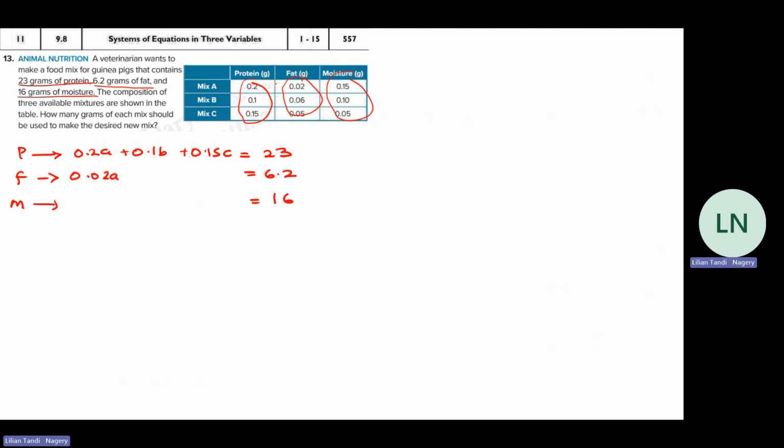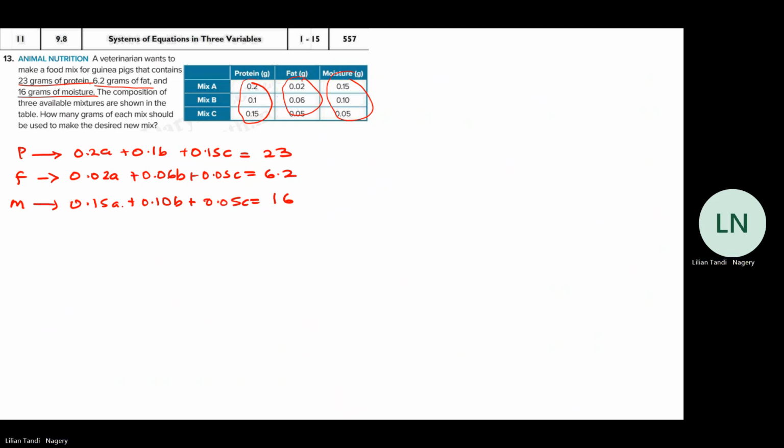0.02a. How do I know? A. See? B. C. That's how I know. Okay? You have to know how to read. You have to know how to use your table. You have to know how to write the equation correctly. That's what this question wants you to do. And then solve. And then interpret. Plus 0.05C. Then here 0.15A plus 0.10B plus